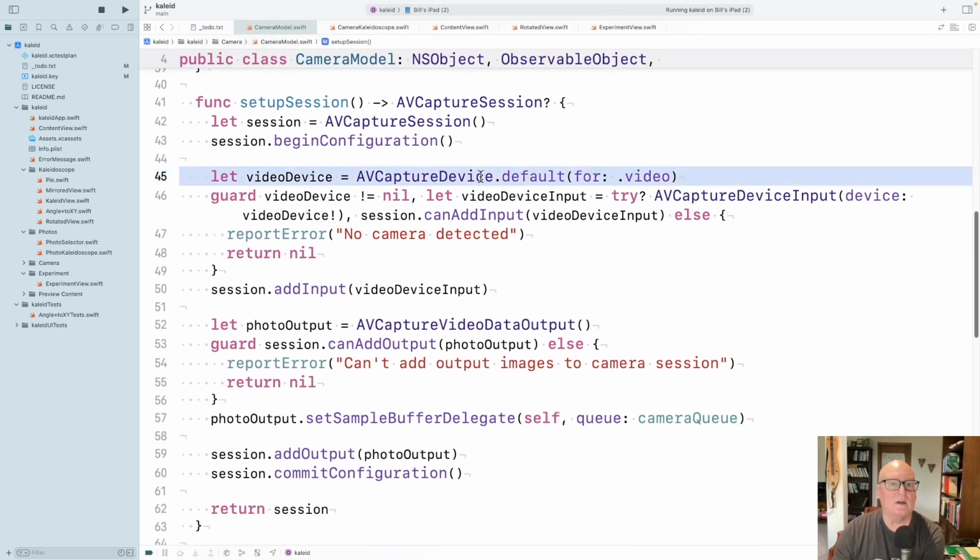We set up a capture device. And again, the device is the video device. We're going after video, live camera stream. And all that's going to be in this capture session, which basically configures everything. So find a device,